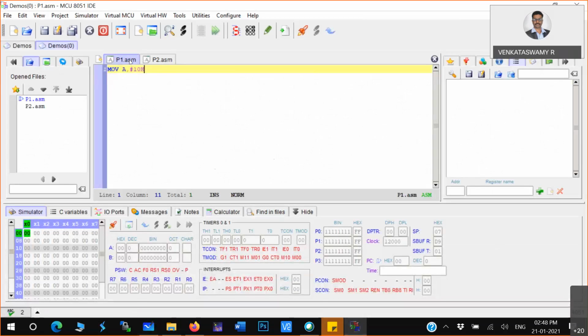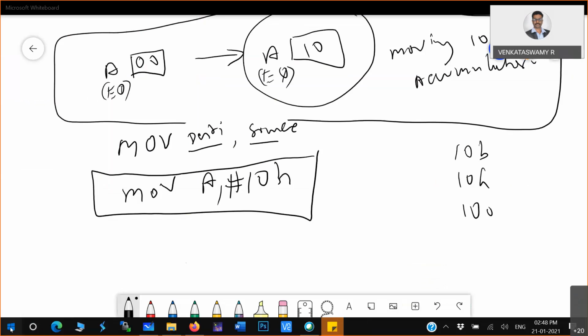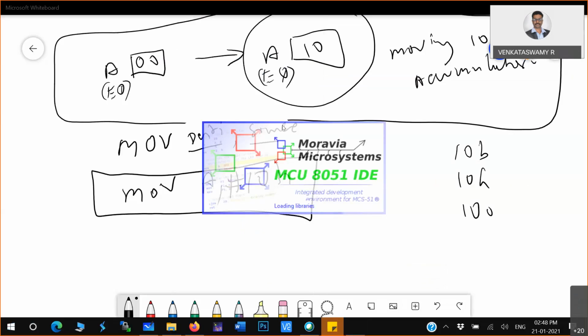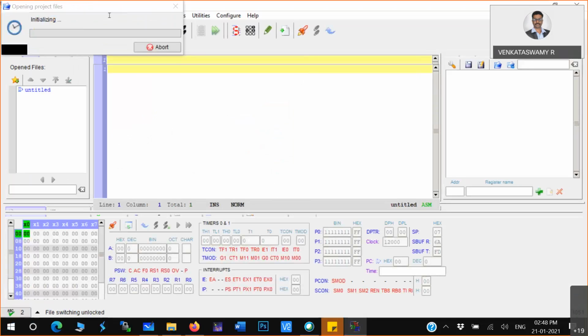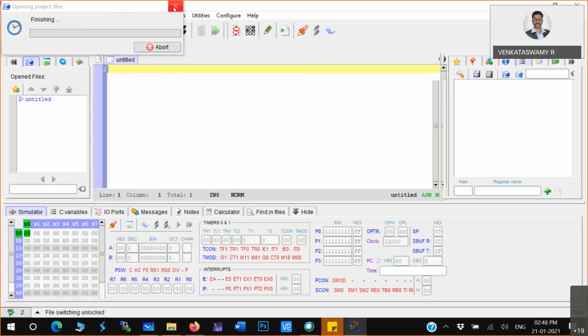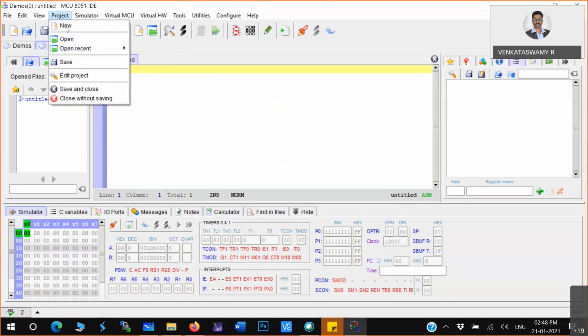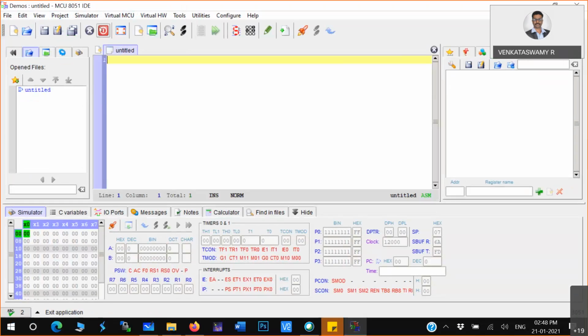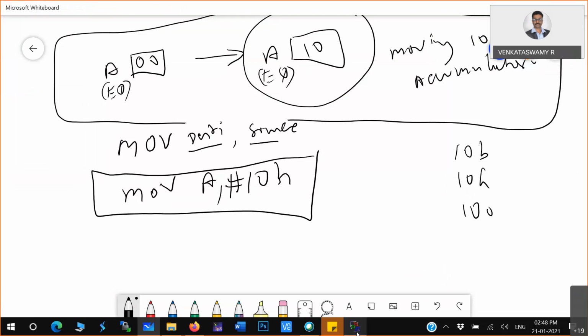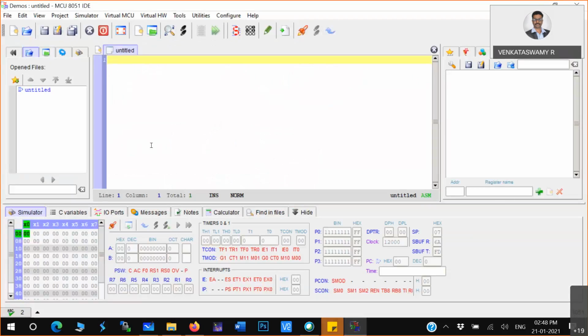To start with, I am closing all the content. Now when you open this particular IDE, you will get this kind of empty screen. I'll close all the projects too. You see, no project opened. First, just remember, this is how you have to execute in a laboratory also, so you have to remember this.